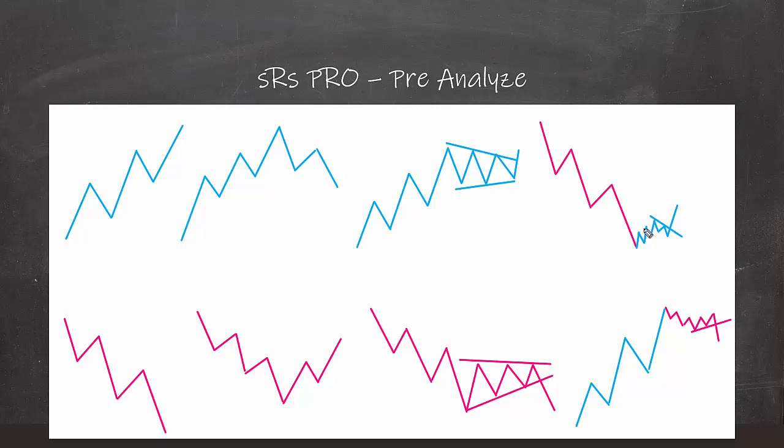Why does divergence help you? And this is something that we will learn in the third webinar of the sRs Pro. But why does it help you? Because it helps you to spot these probable scenarios of turnaround. And you will understand that it doesn't happen here or here. It happens when a big divergence would appear. And it's very, very helpful